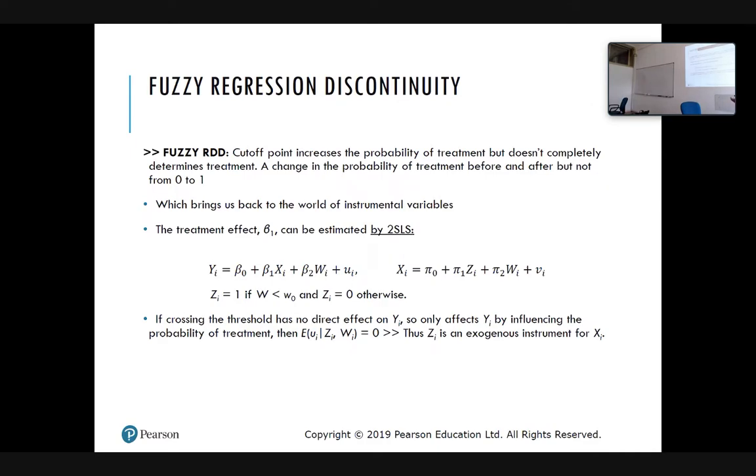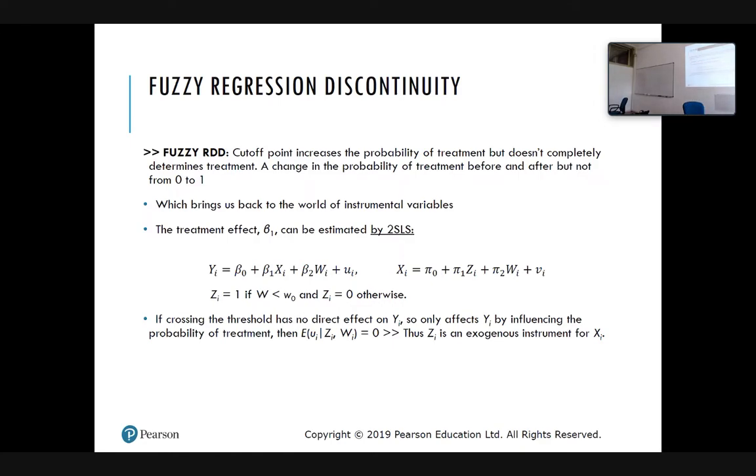And if this is the case, we need to clean for this source of heterogeneity. This is just to give an intuition here. We actually apply the idea underlying instrumental variables to this case of regression discontinuity. This kind of regression discontinuity design is not very much used, but I wanted to give you an intuition that in this case we need to use instruments which should be relevant and exogenous for our treatment